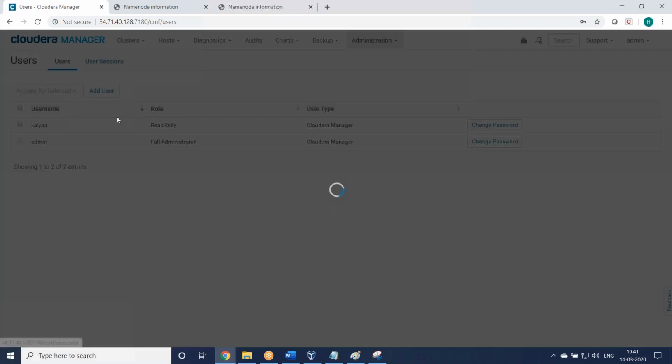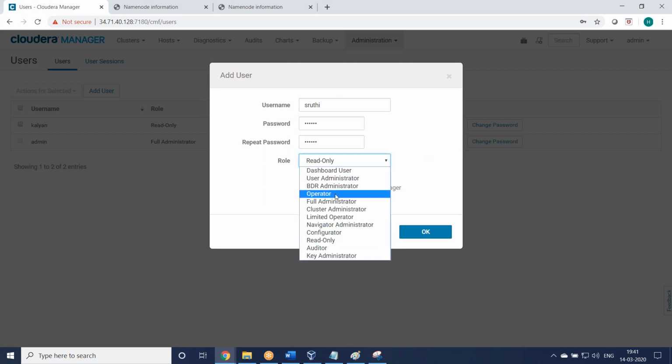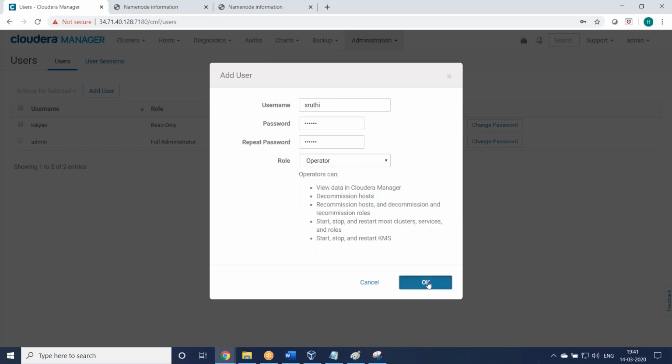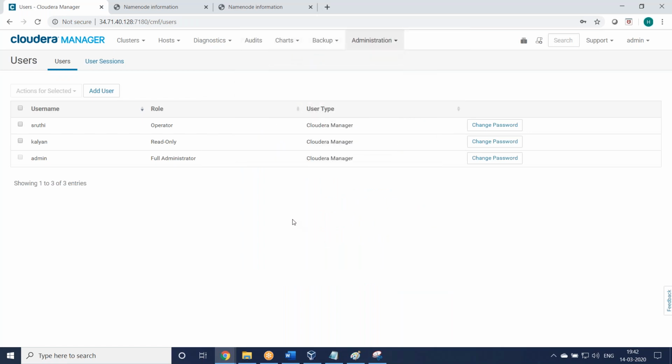And if I create some more, here I'll create some operator. So for example, if you just log out here and log in as your ID, you cannot see all the options like this.